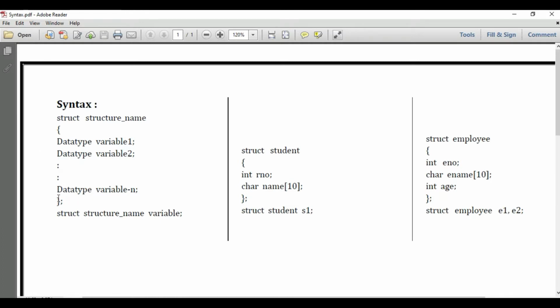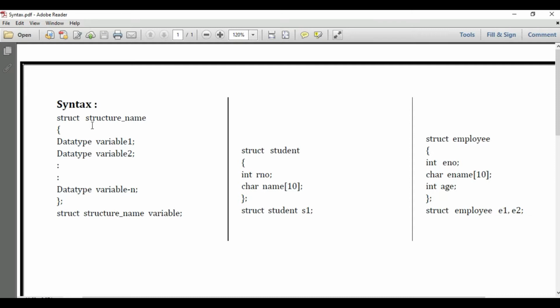The structure body is finished with a curly bracket and semicolon. Remember that variable 1, variable 2, up to variable n are called member variables of the structure. And to create a structure variable, we follow the syntax: struct, structure name, and then variable name.